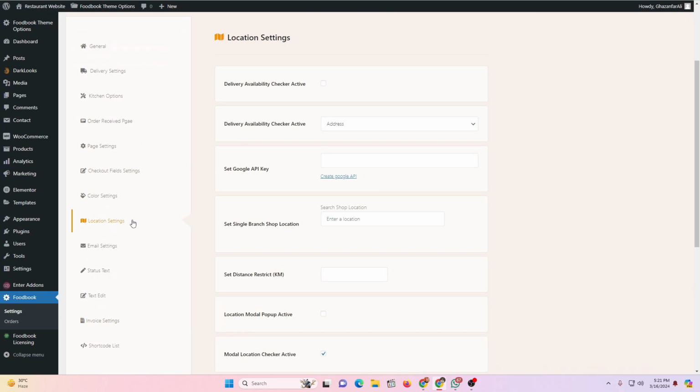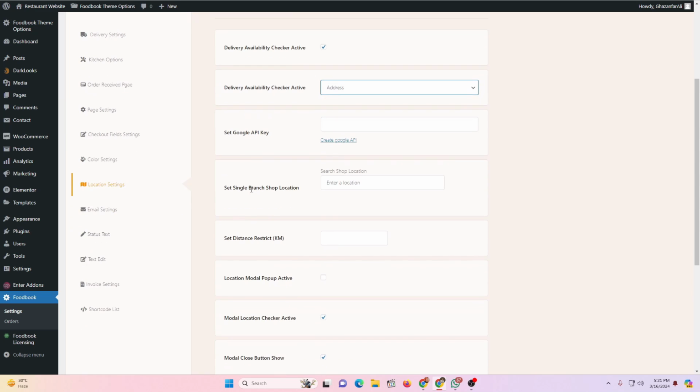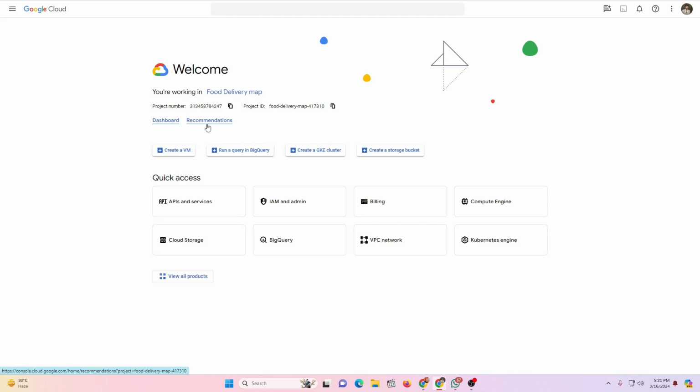Click on the location settings right here, and here first of all where it says delivery availability checker active, check mark this option to enable this. Then next up we have this option delivery availability checker active for the address or for the zip. Make sure you select this address option right here. Then next up we have this set Google Map API, because we are going to use the API for the location. So click on this create Google API, and once you click create Google API, this will redirect you